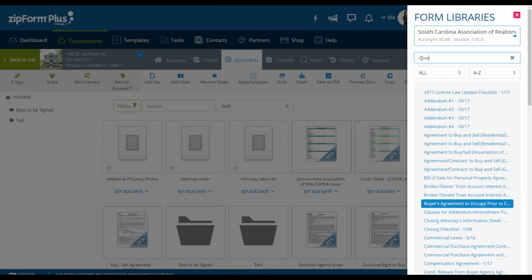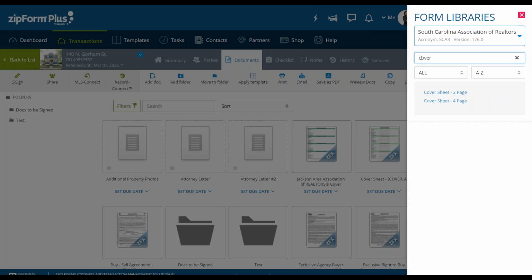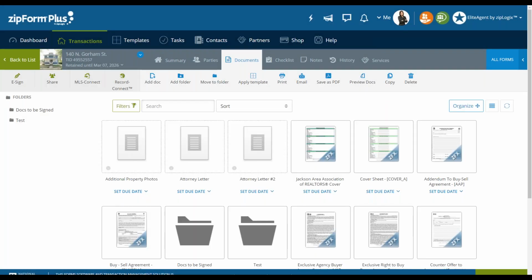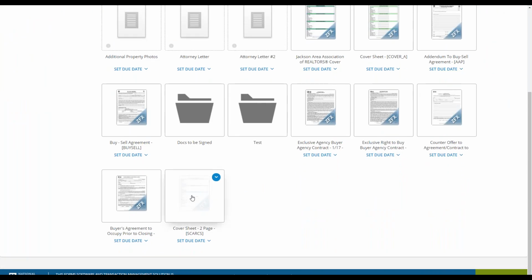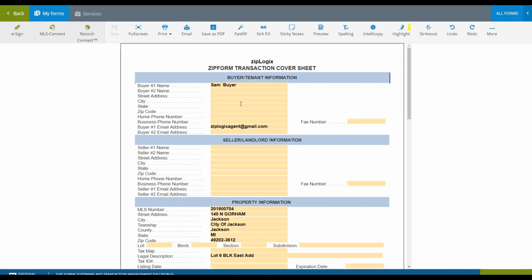For example, if you want to add a cover sheet, you can just type in cover and you'll see that there is both a 2-page and a 4-page cover sheet. I'm going to add one of those in. Now, the benefit of a cover sheet is that it contains almost all of the fields that you would be filling out in almost every single contract. So if we go and open this cover sheet through our South Carolina library,